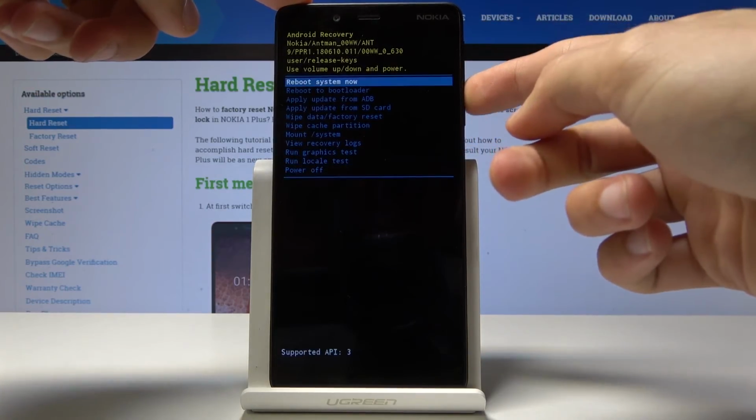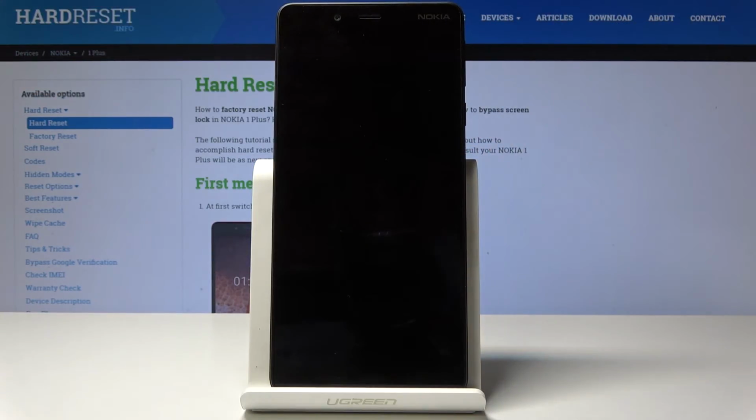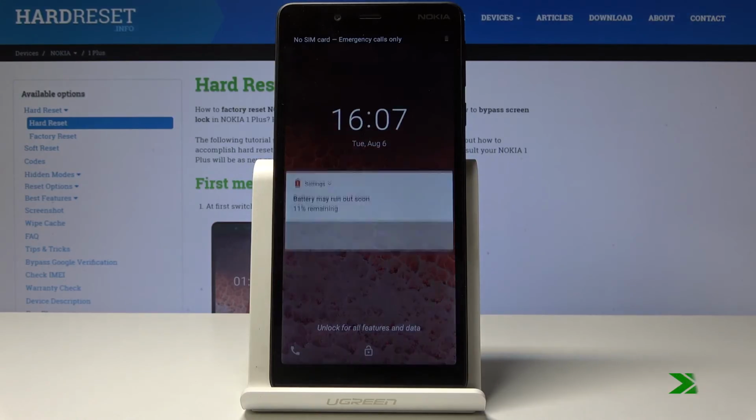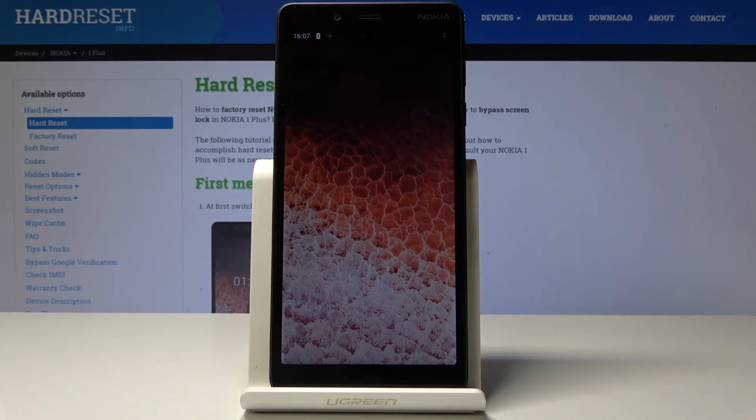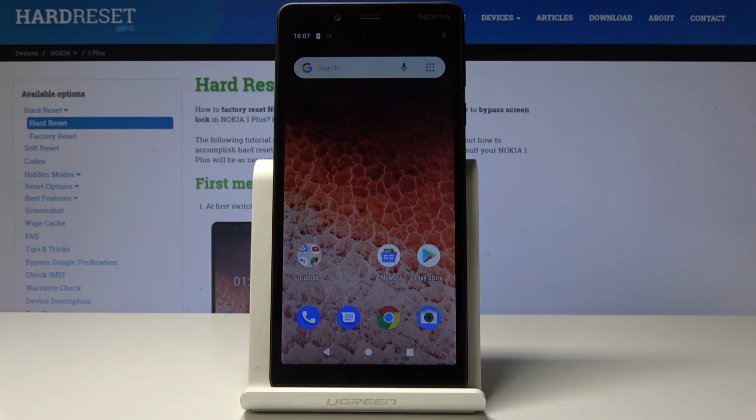I'm just simply gonna reboot system now and confirm with the power key, and now the phone will be put back into the normal Android. And as you can see, we're back in the normal Android. So that is how you would access the